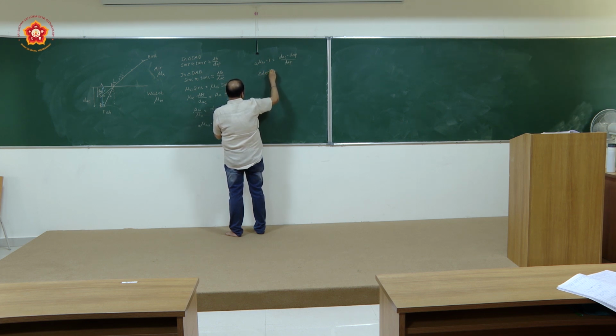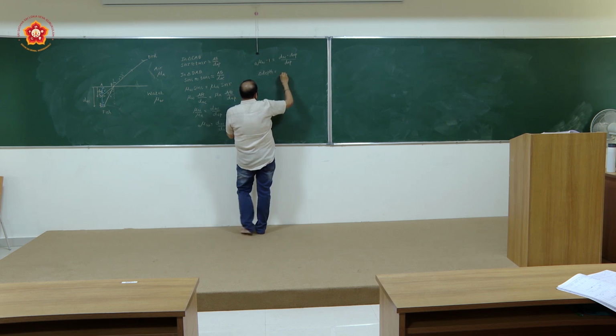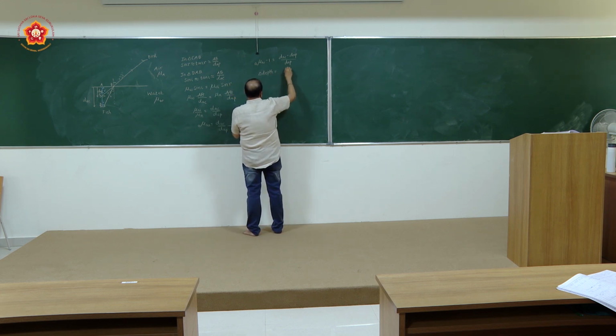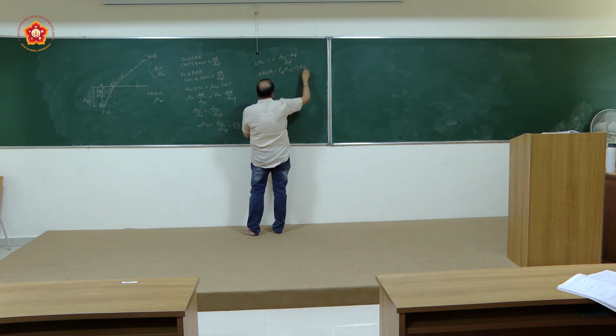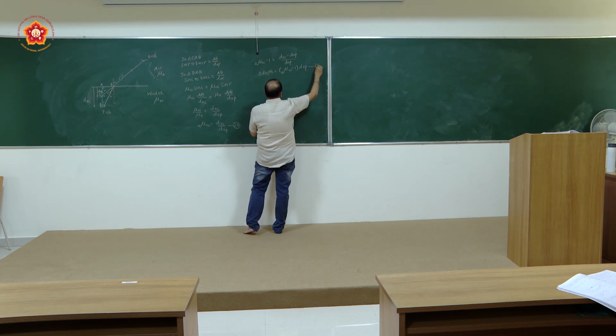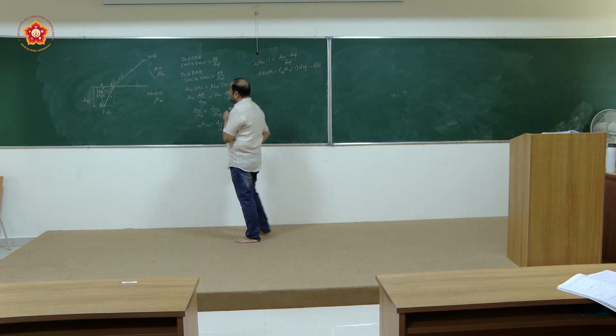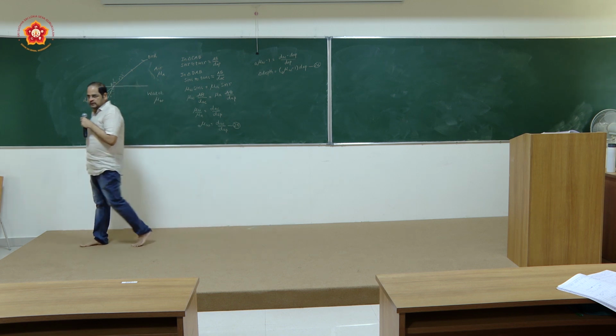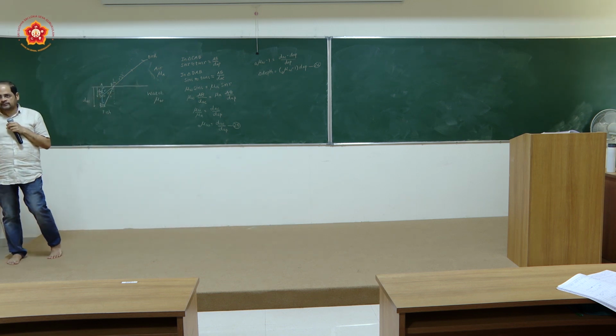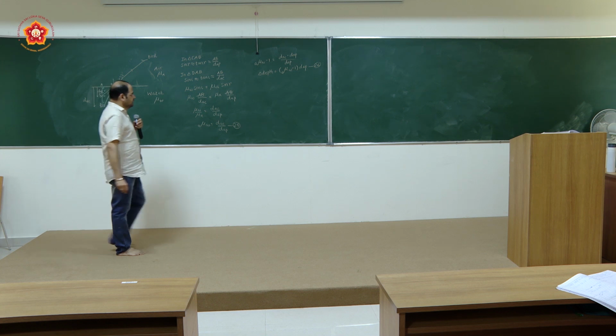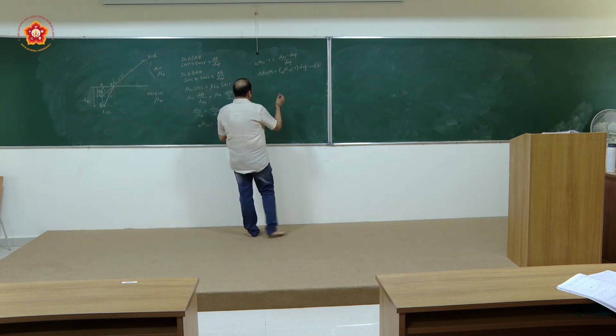Change in depth will be taken as refractive index of water with respect to air minus 1 multiplied by D apparent. Getting the form? Then I can rewrite this relation as the change in depth